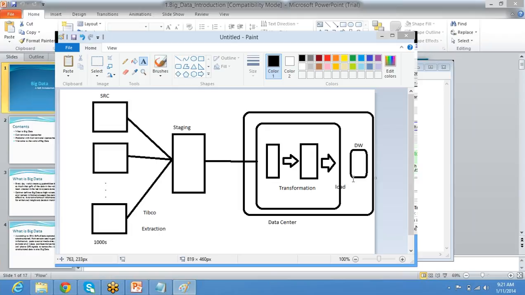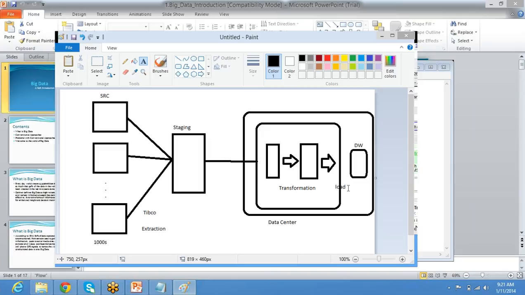No, it's fine. What exactly happens in transformation? Say for example, conversion of XML to structured data. For all your transaction data, your invoices are in the form of XML. But in your data warehouse you can't store XML. You need to transform it into rows and columns. That's the typical process of transformation: conversion of data from one format to another. Then you load into the data warehouse.